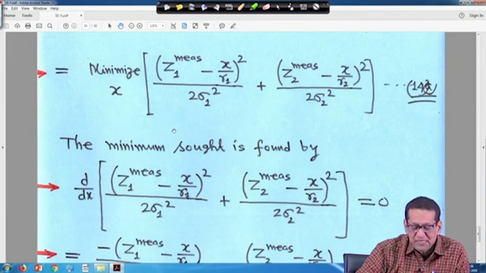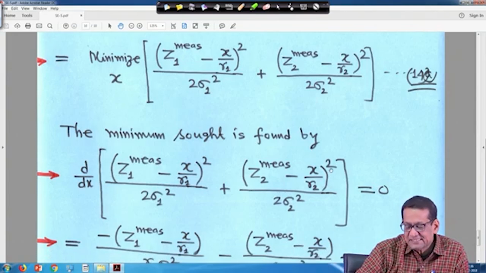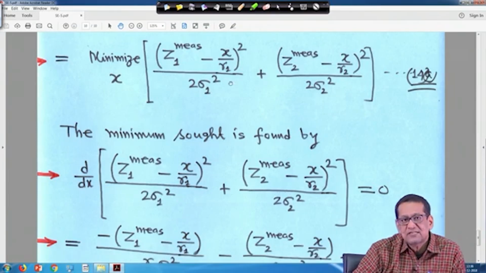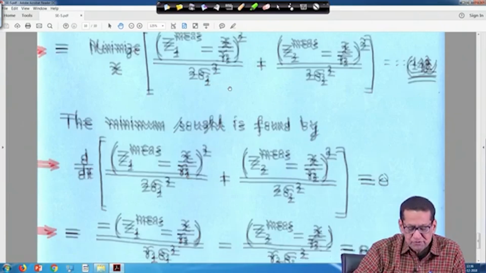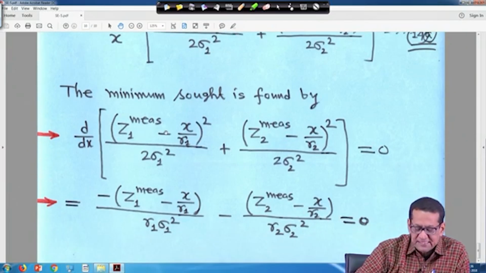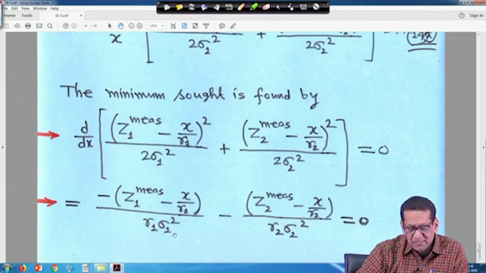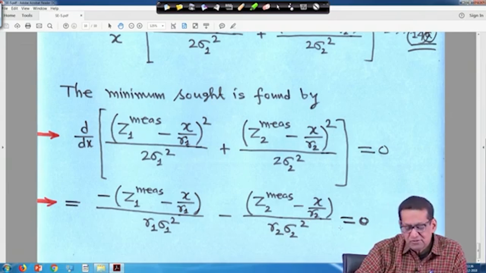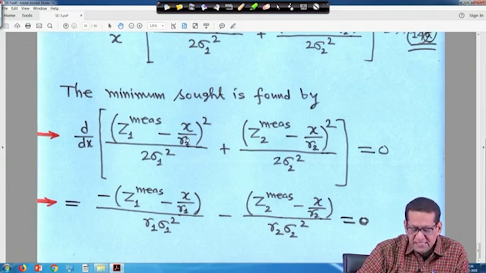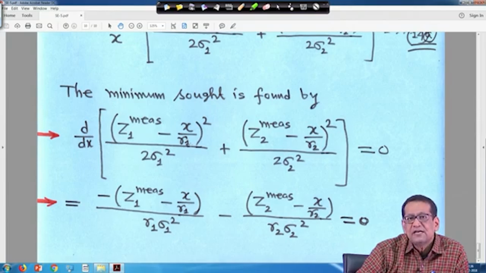Now, you will get the minimum if you put d/dx of this term equal to 0. If you do so and take the derivative, the constant terms will not be there, since their derivative is 0. So, minus z1 measure minus x upon r1 divided by r1 sigma 1 square, minus z2 measure minus x upon r2 divided by r2 sigma 2 square is equal to 0. And then from there you solve for x, which is x estimated. So, if you solve this one,